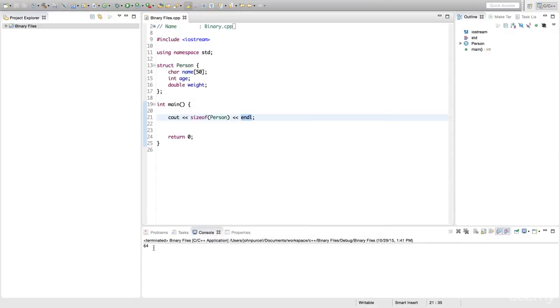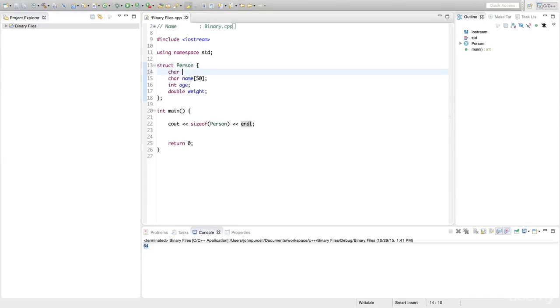It is 64 bytes, but our int is 4 bytes and our double is 8 bytes. So 8 plus 4 equals, I believe, 12, and added to 50 is going to give us 62. And if you want, you can output the sizes of these and check that for yourself. We've got 2 bytes extra from here somewhere, and that becomes even clearer if we just add a single char